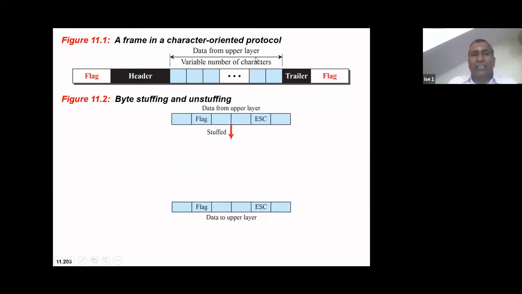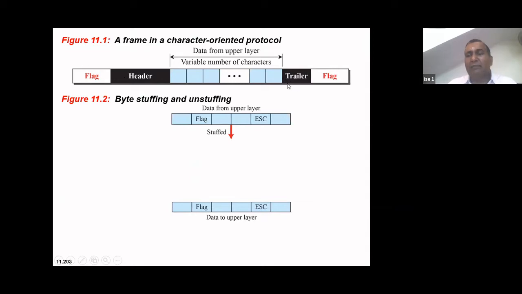So now here we have this particular scenario. The data is of variable length. I have a whole frame. This was the data part which was received from the network layer. When the network layer pushed this to the data link layer, the data link layer attached a header part and a trailer part.